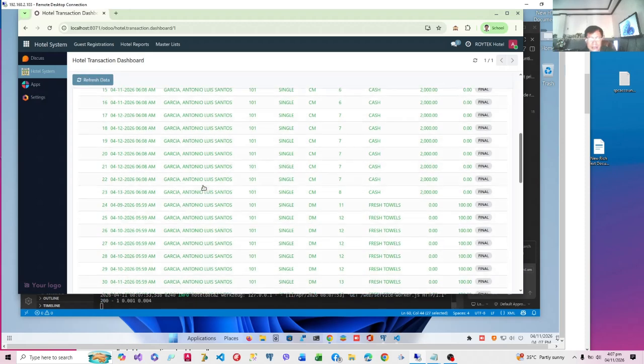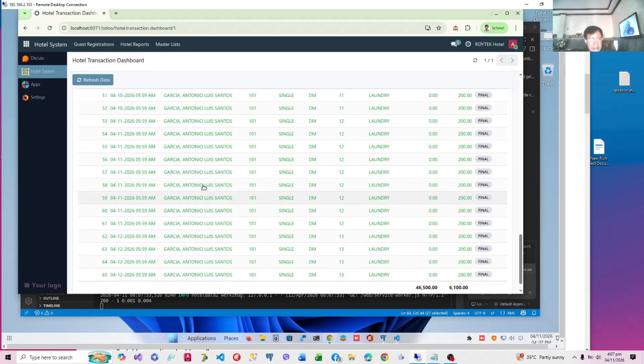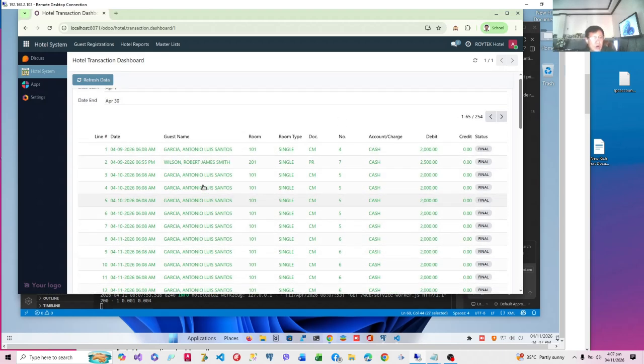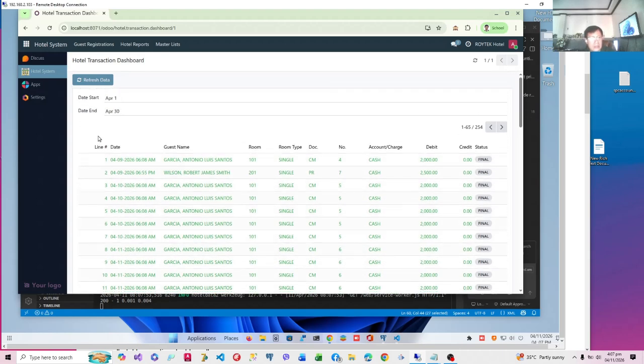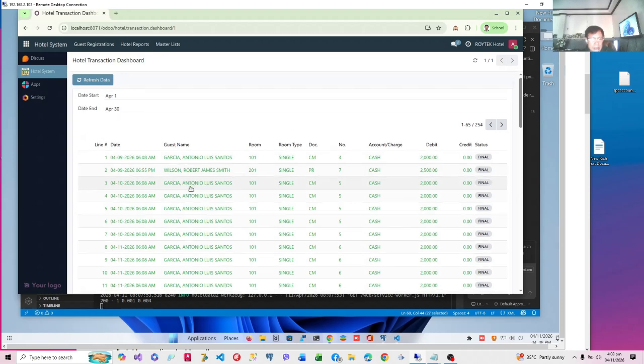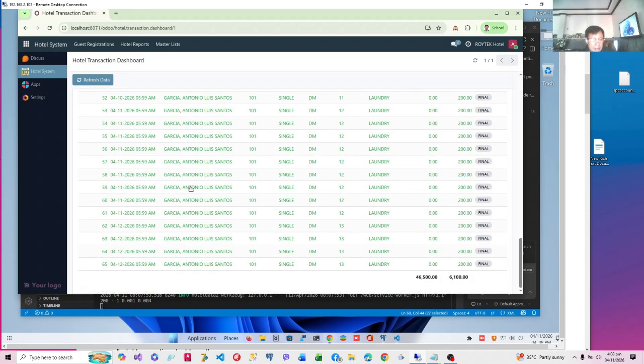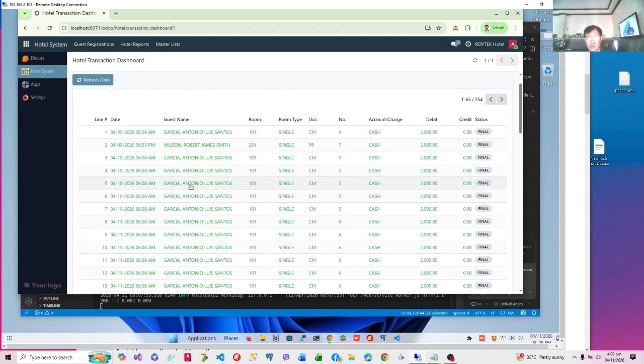Now we have retrieved the transactions involving all hotel bills given this period, using several guests, several rooms, and others. Likewise, this is also divided into pages of 65 rows each, because we are going to create a report that will also be 65 lines per page.